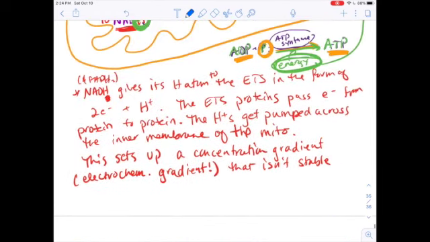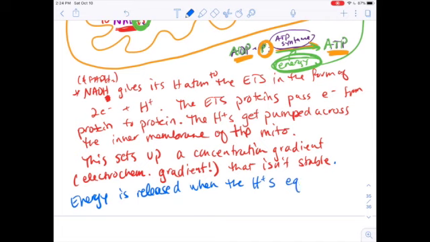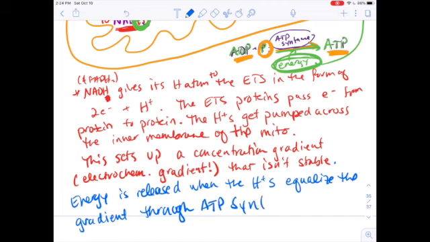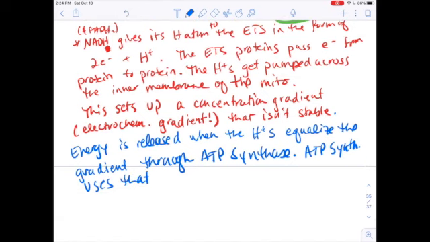So it sets up an electrochemical gradient that isn't stable. Energy is released when the protons equalize the gradient through ATP synthase. I am so proud of this sentence. And then ATP synthase uses that energy